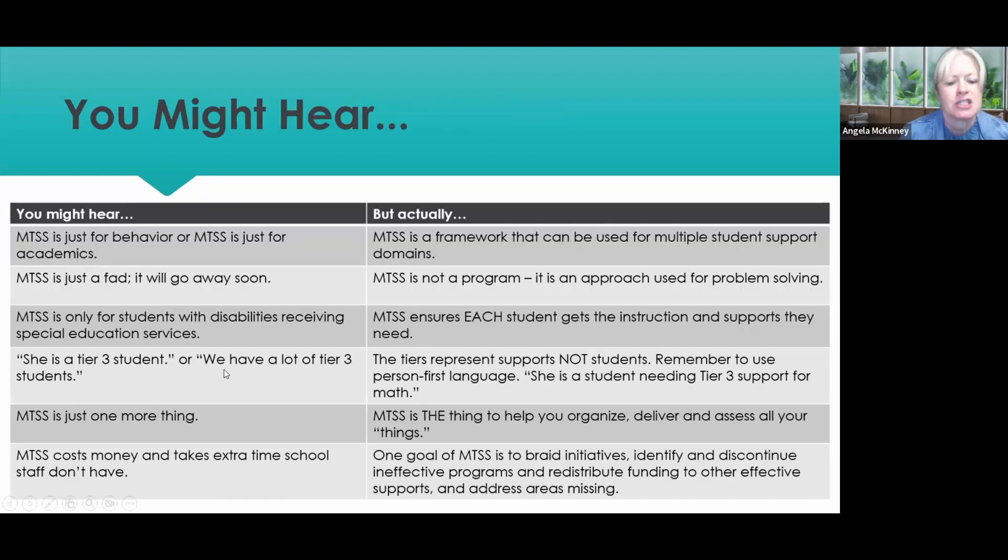All right. So some of the things that we hear out in the field are some of the misconceptions about MTSS. Again, that it's just here for a period of time and it's going to go away, and probably not. The way it looks, I really don't think it will. You also sometimes hear that this is how we address behavior, or this is how we address academics. It is academics, behavior, mental wellness. And the idea is that we don't really separate those.